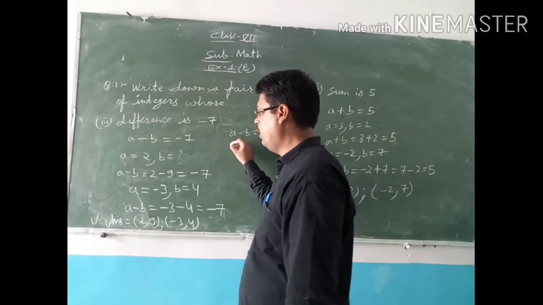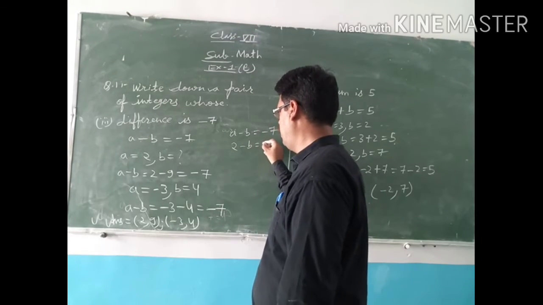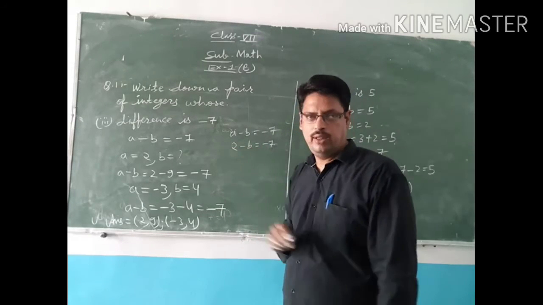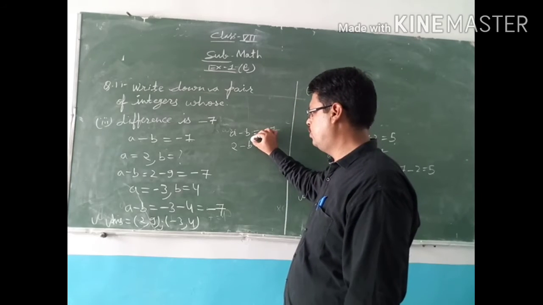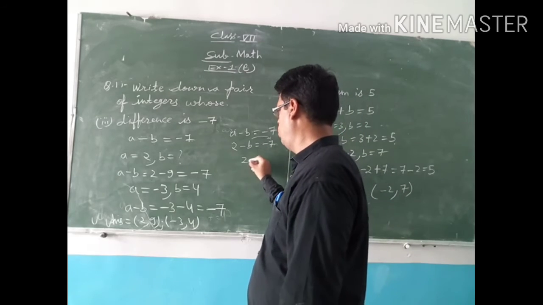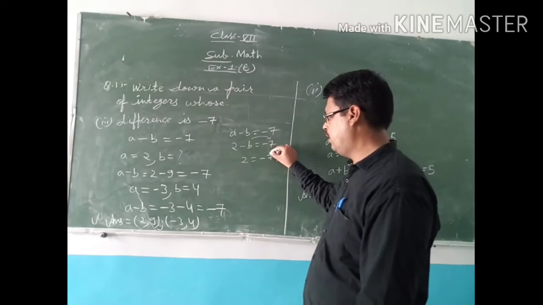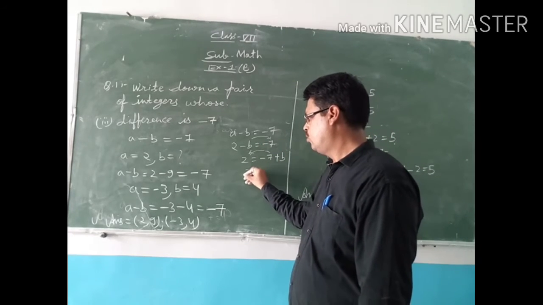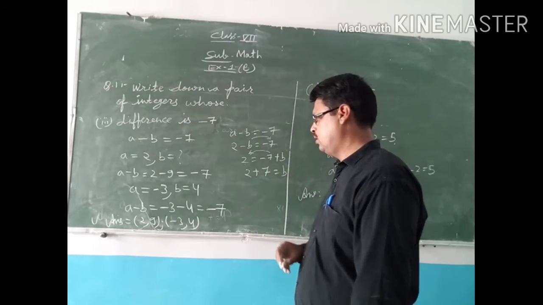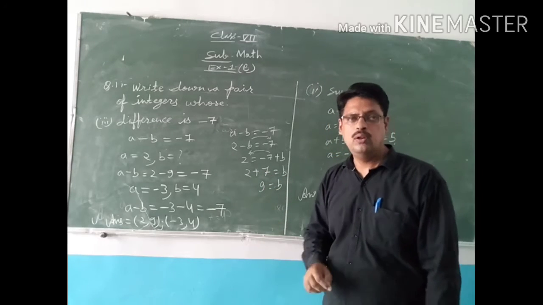ओके, तो a वैल्यू हमारे पास है तो हमने रख दी 2. 2 minus b is equal to minus 7. ठीक, इस इक्वेशन में हमने a की वैल्यू रख दी. Now, by transposing, b will go to that side. So 2 is equal to minus 7 plus b. And minus 7 by transposing will go there, so 2 minus 7 will go that side and it will convert into plus 7. So 7 plus 2, 9. So b is equal to 9.